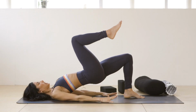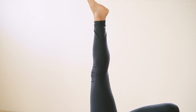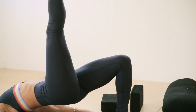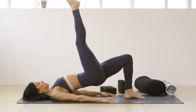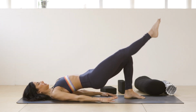I just want you to bring your right knee in and extend the foot up towards the ceiling. So now your left glute is really switching on. I want you to just point the toe lower down so it's in line with the left thigh, and then lift it up. We're going to do 5 of those. There's 1, there's 2, there's 3. If you're building strength and it's too much, just take 3, 4,